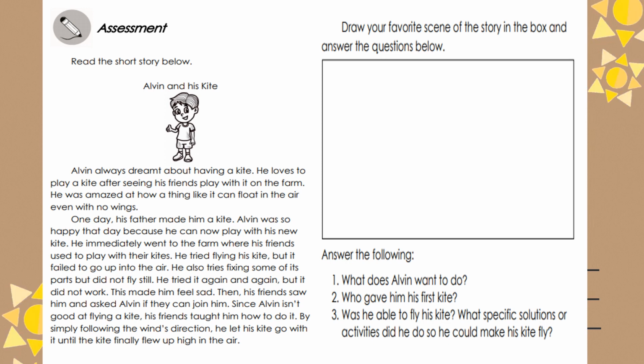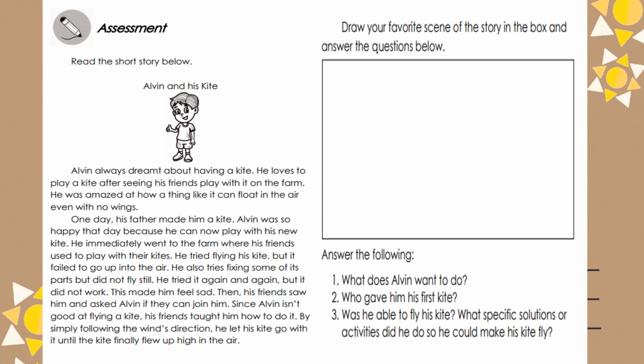He immediately went to the farm where his friends used to play with their kites. He tried flying his kite, but it failed to go up into the air. He also tried fixing some of its parts, but it still did not fly. He tried it again and again, but it did not work. This made him feel sad. Then, his friends saw him and asked Alvin if they can join him. Since Alvin isn't good at flying a kite, his friends taught him how to do it. By simply following the wind's direction, he let his kite go with it until the kite finally flew up high